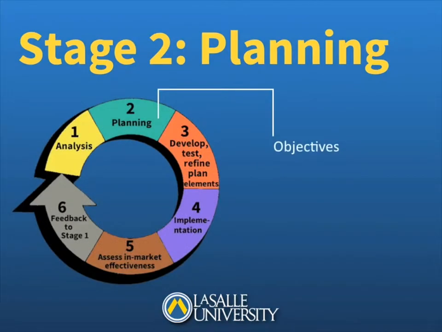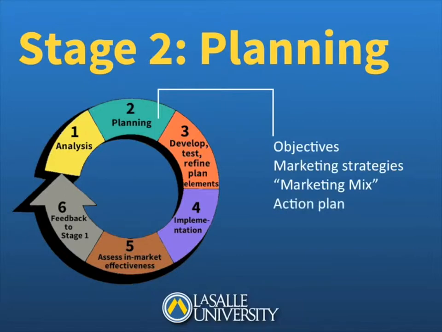And then we move to stage 2, which is our planning stage. And what this allows us to do is really create a blueprint for action. So in this, we want to define what our objectives are. What do we want to have accomplished here? We want to come up with strategies for how we market ourselves or position ourselves in that market that we talked about. We'll get to something called a marketing mix, and I'll talk about that in a couple slides. And then our action plan, which is really our blueprint for moving forward.